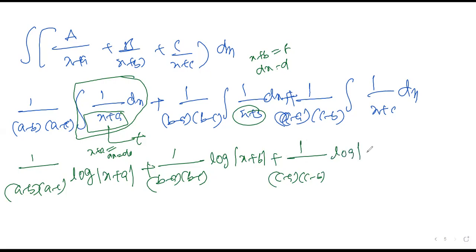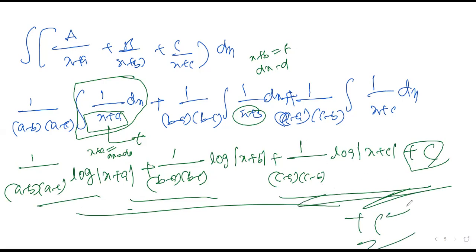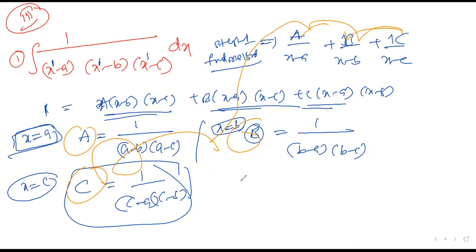Then log of x plus c, plus C. The entire answer you can make plus C for integration. It's clear, right? You cannot take any one term common here, because all the constants are different, so you are unable to take it common. Leave the answer here only. Clear? This is the method we need to follow and how we need to approach: first think about the method, finalize what methodology to follow, then start opening and finding A, B, C.